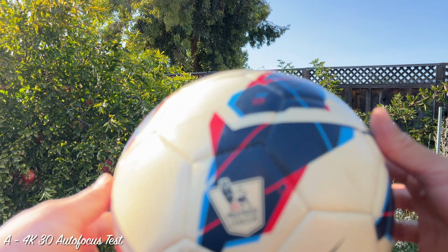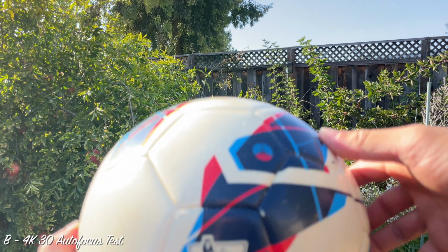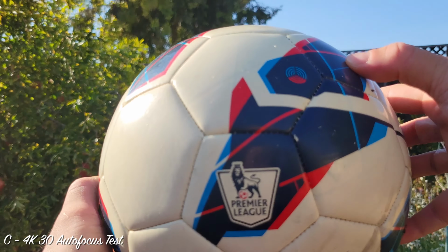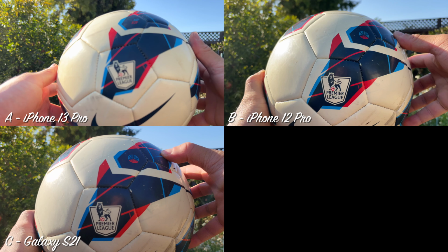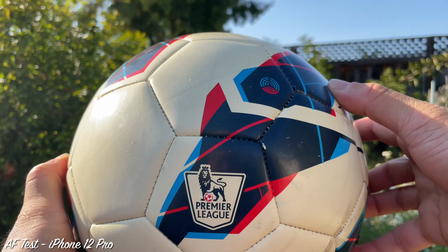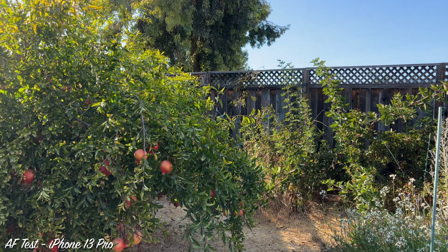It's a bit of a stress test since the cameras are being asked to focus down to a close distance very rapidly. B here focuses the best, and it's nearly instantaneous. If we freeze frame to the point where B locks on, C is in second place, and A is just a tad slower. And a repeat of the same test yields the same result. I actually did it a few times, getting the same result each time. Interestingly, this is the 12 Pro that takes the cake here, followed by the S21, and the 13 Pro just seems a little tad slower. Will it matter in the real world? I don't know,